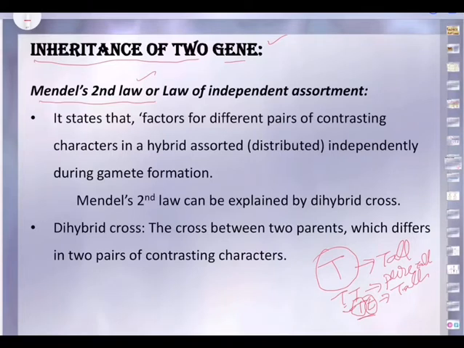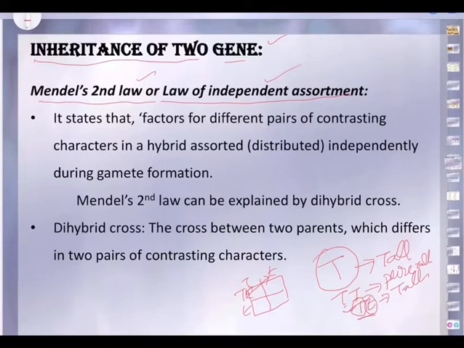And the second one is the law of segregation, wherein we said that a pair of contrasting factors are brought together in a hybrid, and these factors do not blend or mix up, but simply associate themselves and remain together and separate again at the time of gamete formation. Like when we drew that Punnett square, remember that we wrote the gametes getting separated, and then when they form the zygote, they combine independently. So this is the law of separation or segregation.